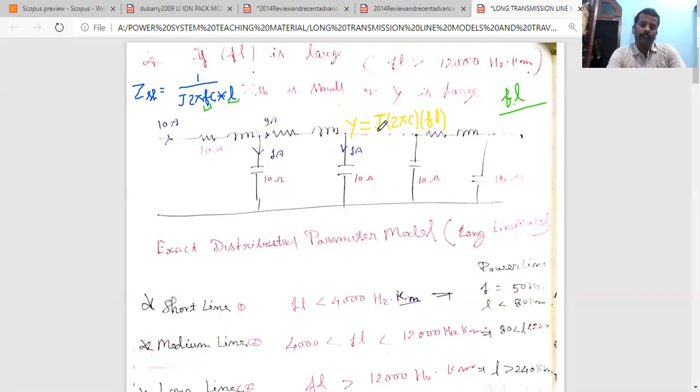Then we can say that admittance is directly proportional to the product of frequency and length, and impedance of the shunt path is inversely proportional to the product of frequency and length, right? If the frequency or length of the transmission line is increased, then the impedance of the shunt